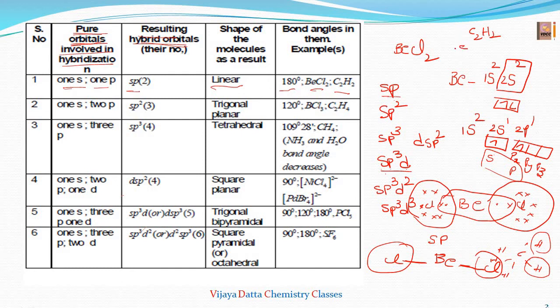C2H2 is said to be acetylene, CH triple bond CH. So this is the triple bond, because always we have to calculate carbon's valency. And also here one more important thing: only sigma bonds will participate in the hybridization. Pi bonds will not participate in the hybridization. As the triple bond is considered, one bond is the sigma bond, the remaining two bonds are said to be pi bonds. So only sigma bonds will be involved in the hybridization.